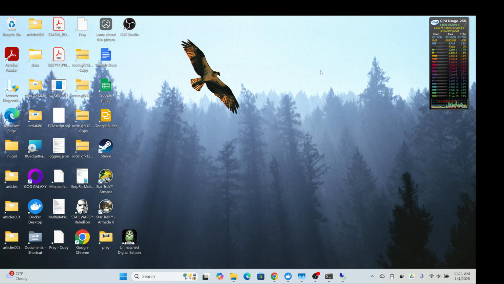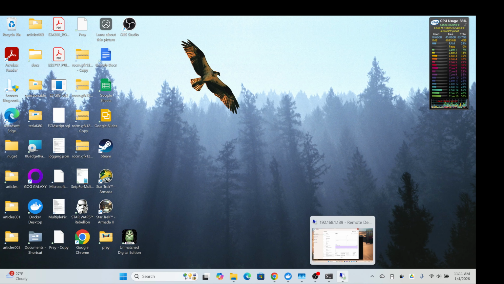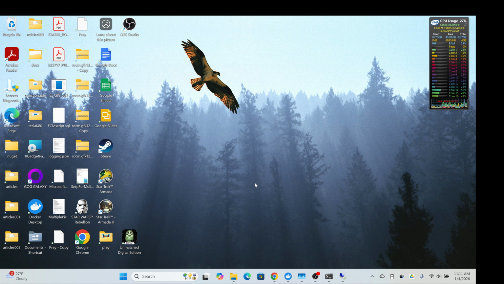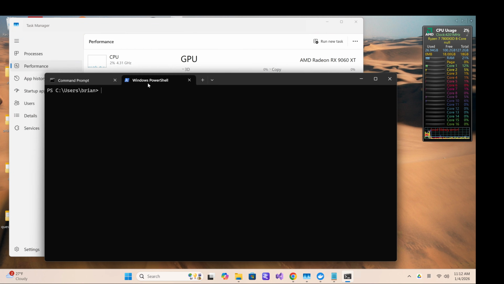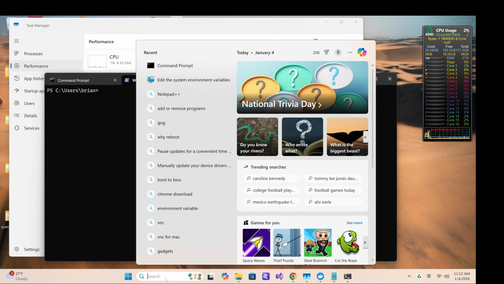Okay, today we're going to set up Ollama on a desktop with 128 gig of RAM and using AMD GPUs. We're going to use 9060s and 9070s, and we're running Windows. So that's a little bit of a trick. Linux is preferred for running most of the AI applications, but let's go ahead and we have to set up